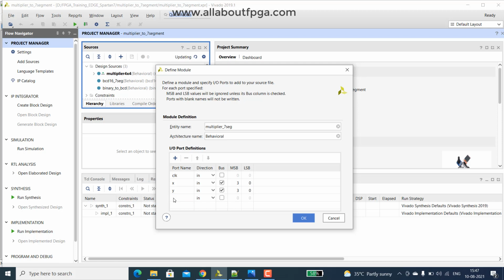Then we have a digit with an output of 3 down to 0. Then we have a 7 segment that is again an output of 7 down to 0. So that's all the port declarations.